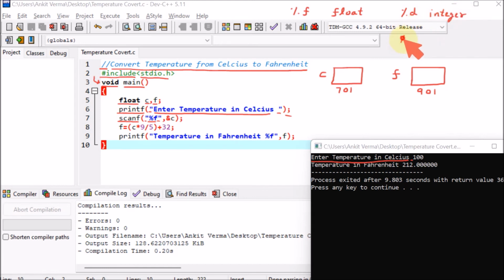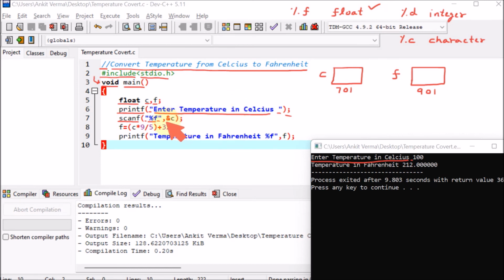If we mention %c, it is a character value, just like a single A or single B. Accordingly, you have to mention as per the requirement. Here we have chosen float because temperature can be a float, just like 98.7 or 37.5.